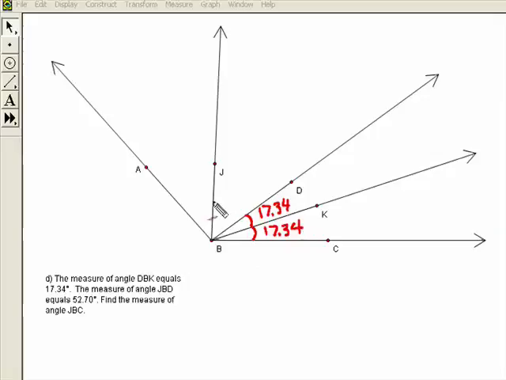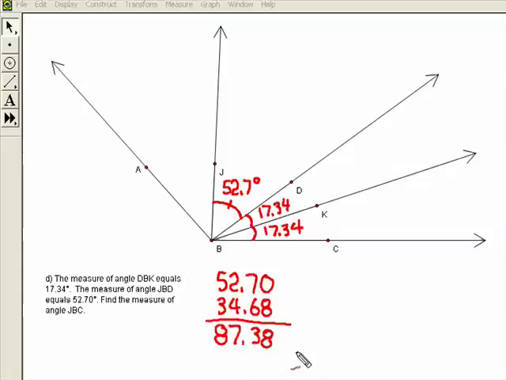Then angle JBD, it's a different angle, so we could put a mark there in the middle to distinguish it from the other two. We could say that's 52.7 degrees. So now we have 52.7, and we'll just put a 0 on there for that decimal place, and then 17.34 times 2, that would be 34.68. So we end up with angle JBC 87.38 degrees, and so we could say measure angle JBC equals